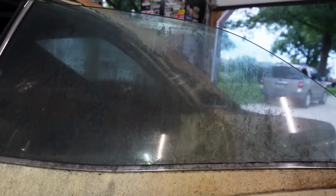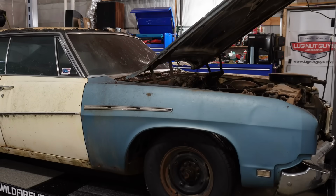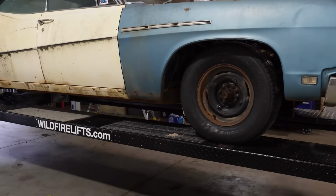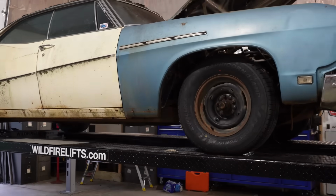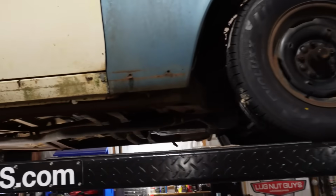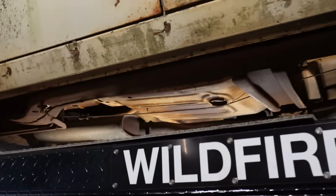All right. Let's pick it up a little. Okay. I want to see what it looks like. I want to see what it looks like underneath. Yeah. How about you? Oh, yeah. All right. Okay, we got it up in the air on the wildfire lift, and I can already hear Richie under here